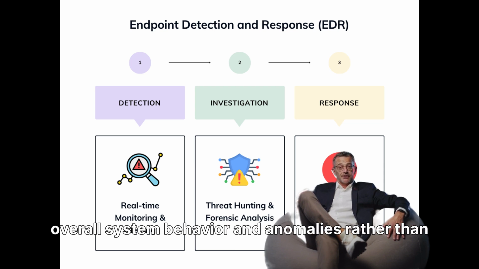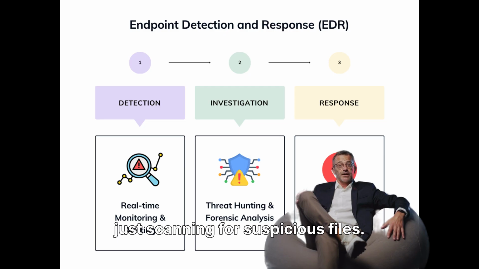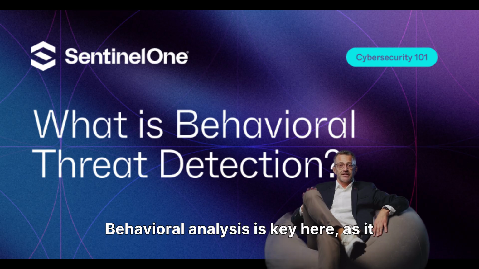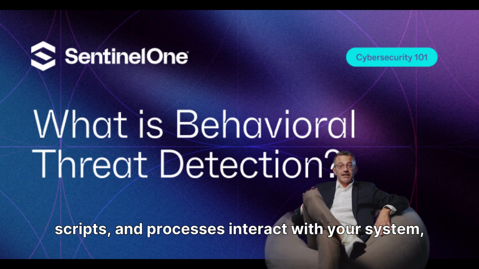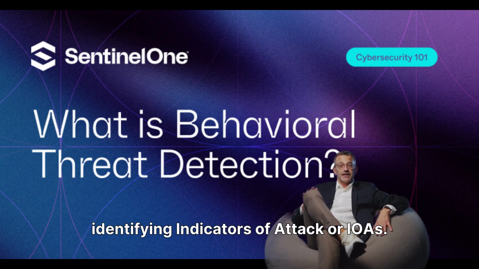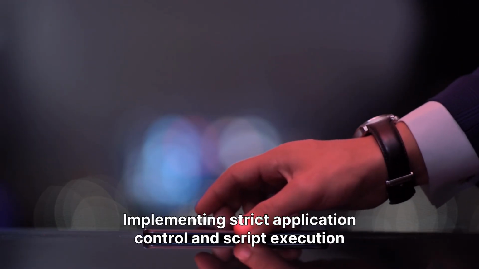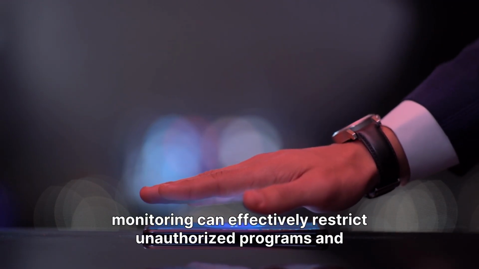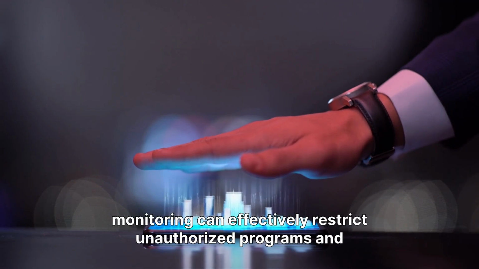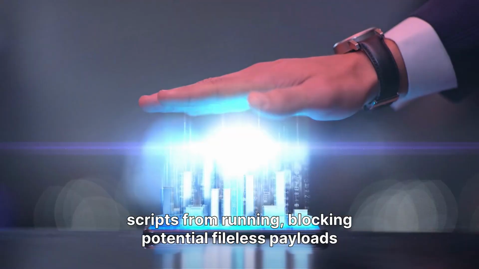and anomalies rather than just scanning for suspicious files. Behavioral analysis is key here, as it looks for unusual patterns in how applications, scripts, and processes interact with your system, identifying indicators of attack, or IOAs. Implementing strict application control and script execution monitoring can effectively restrict unauthorized programs and scripts from running, blocking potential fileless